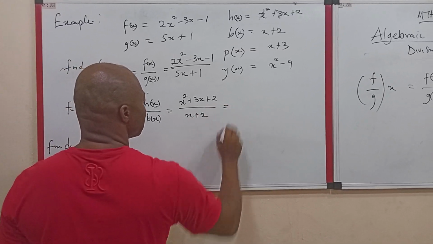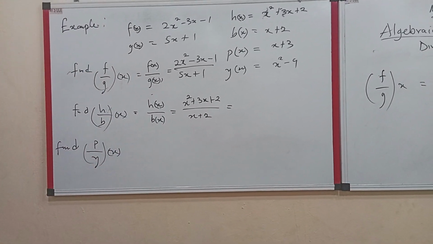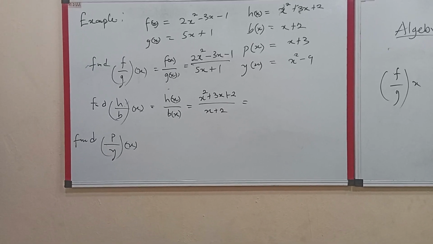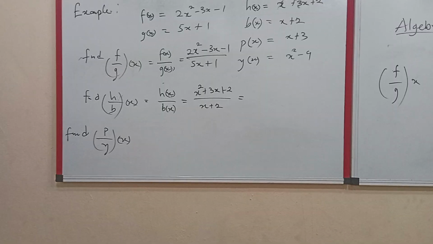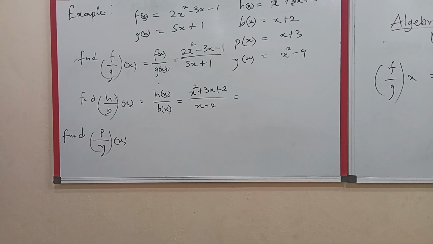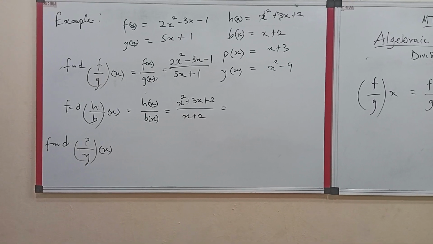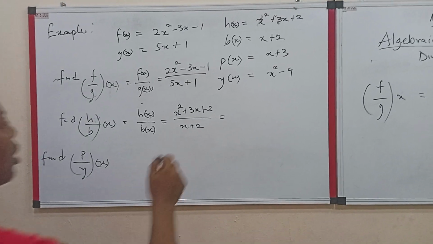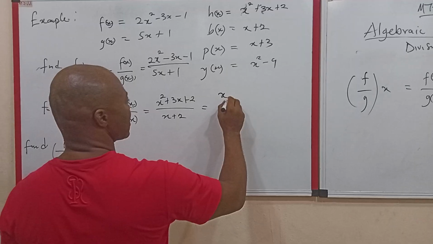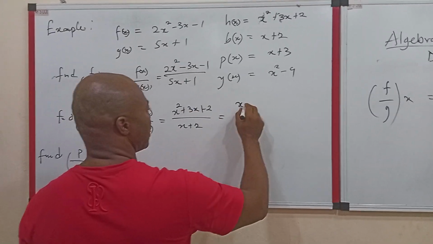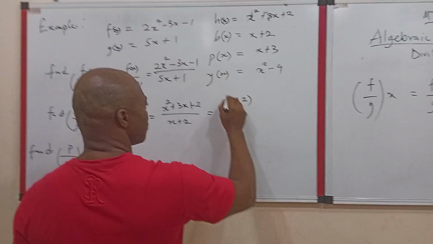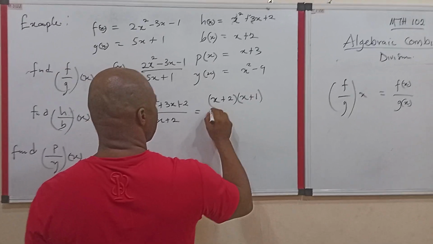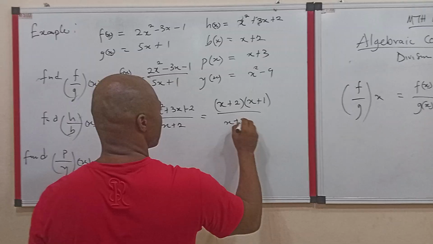Now, if you look at this, we can simplify the numerator further. We can simplify the entire term further. If we factorize this numerator, we have x plus 2 into x plus 1 all over x plus 2,